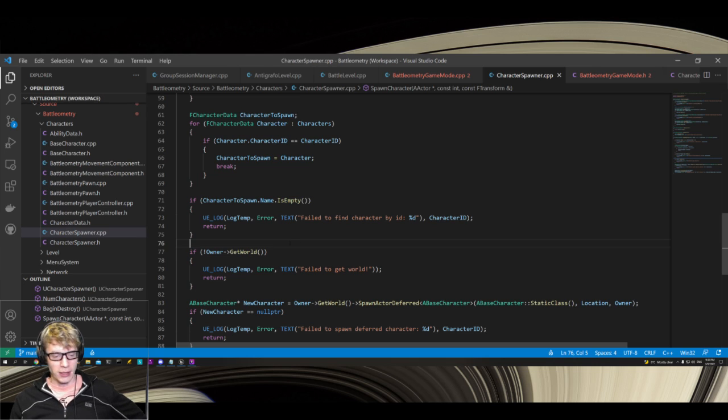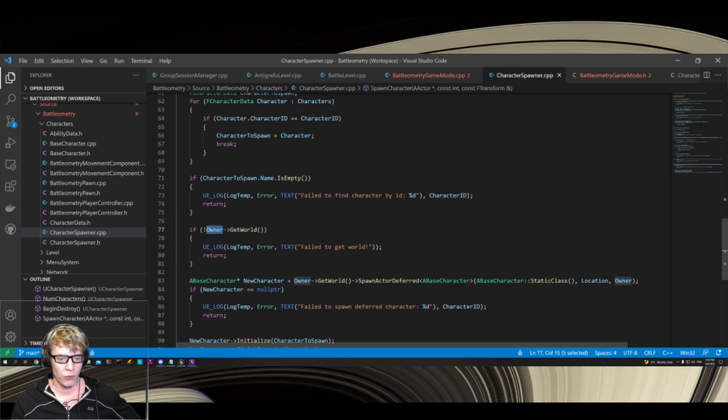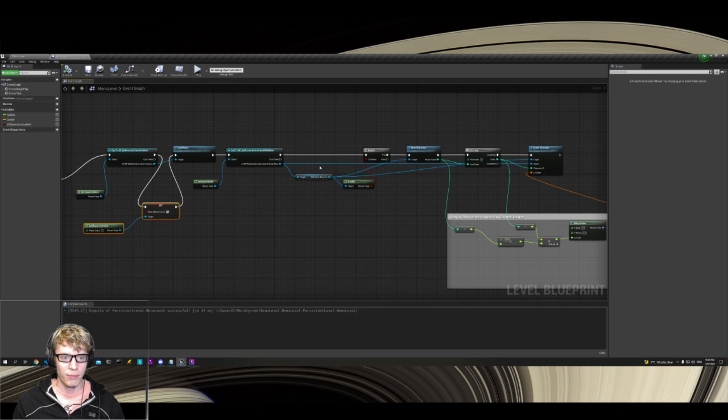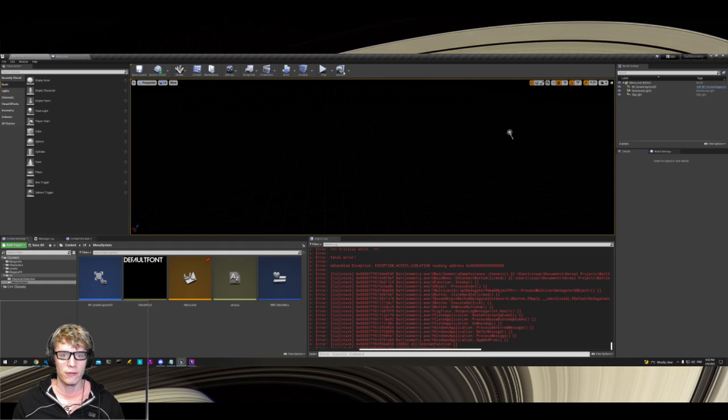But yeah, once I baked the build, it was not happy about it. So I gave up on that and it was crashing. So yes, if you are going to spawn characters, get the world from an actor, unless it is an actor, and then get world should return a proper world instance or reference. So that does not help me with my problem today, which is when I go to launch a build of this, if I do launch,